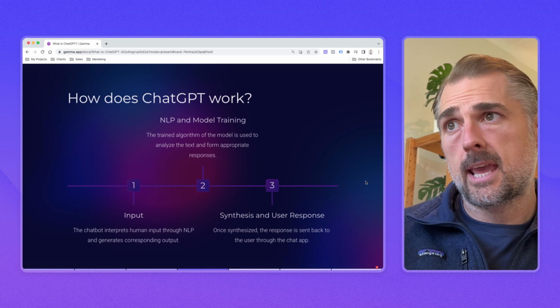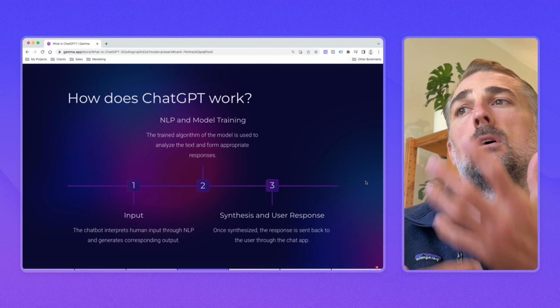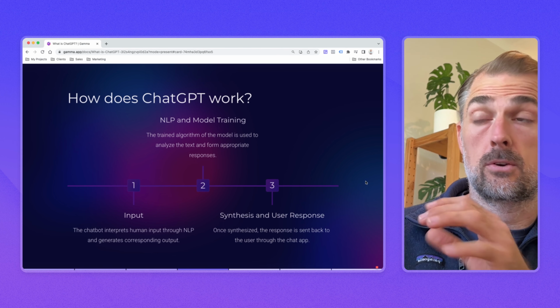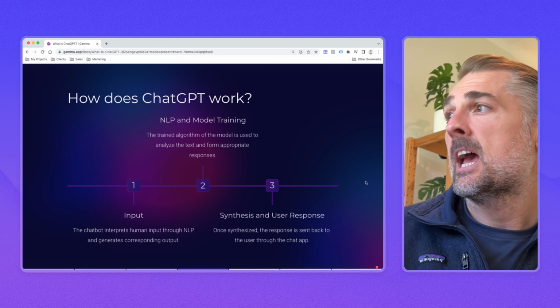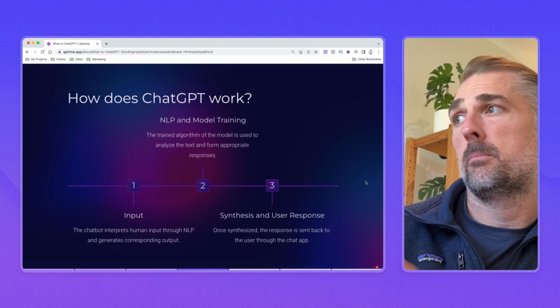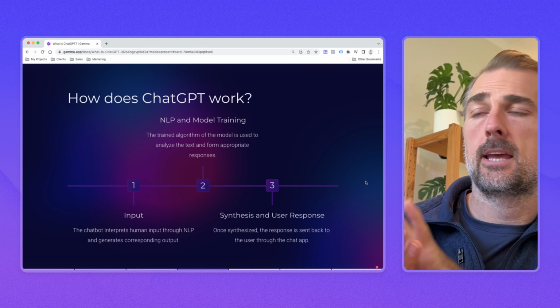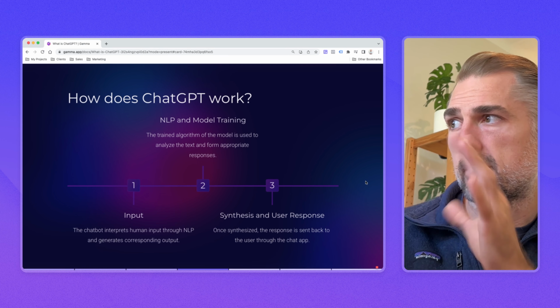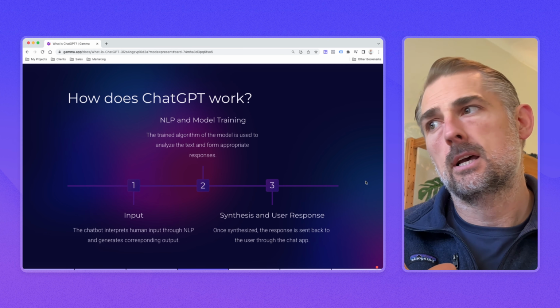And then they scan, crawl, index, and then practice retrieval of different pieces of information and creation of new pieces of information from that stored body of information. And that's where you see the NLP and the model training occur. They create a set of rules that it must adhere to and stick to, and then they generate and synthesize